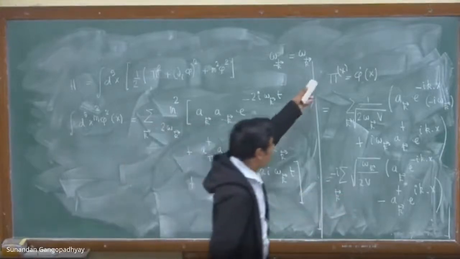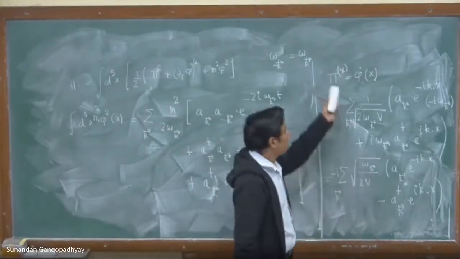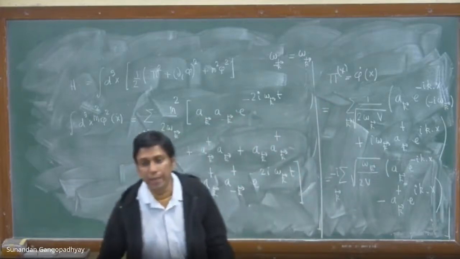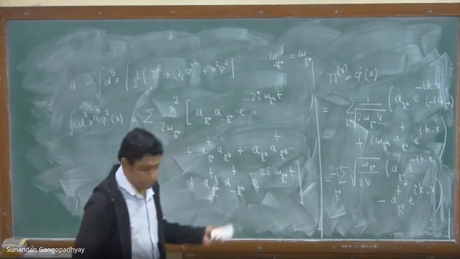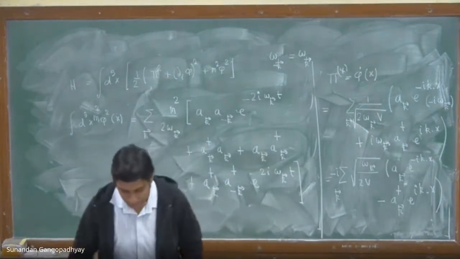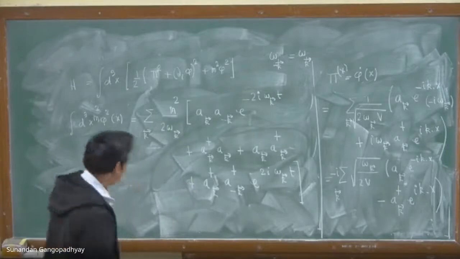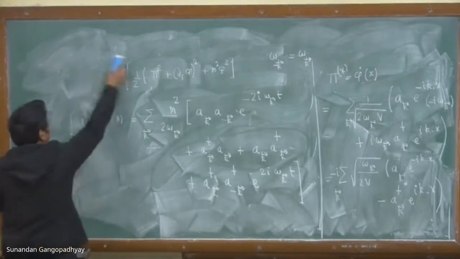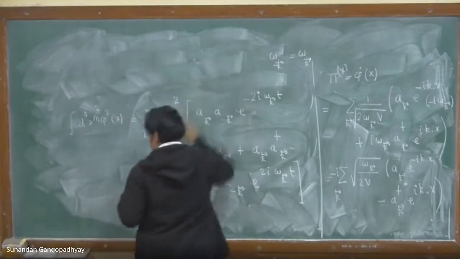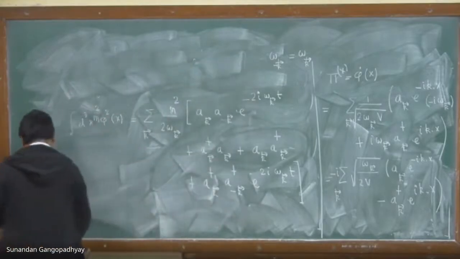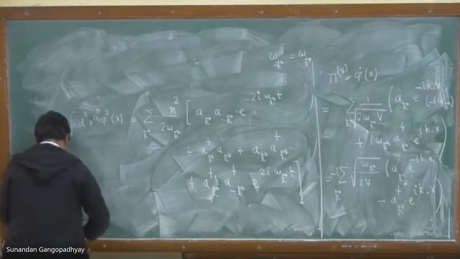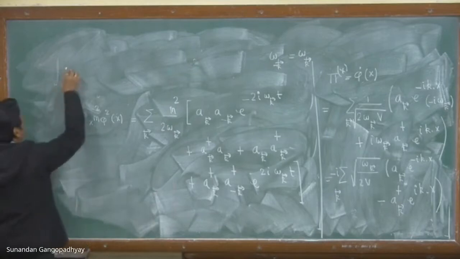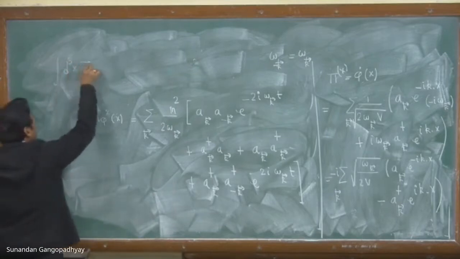You have the mode expansion for pi. You square it up, pi square, and then integrate over the spatial volume d cubed x. Okay. If you do that calculation, which I leave as an exercise for you to perform, then the answer that you will get for this, I'm just quoting the expression. The procedure is the same, so you can do the calculation yourself now.